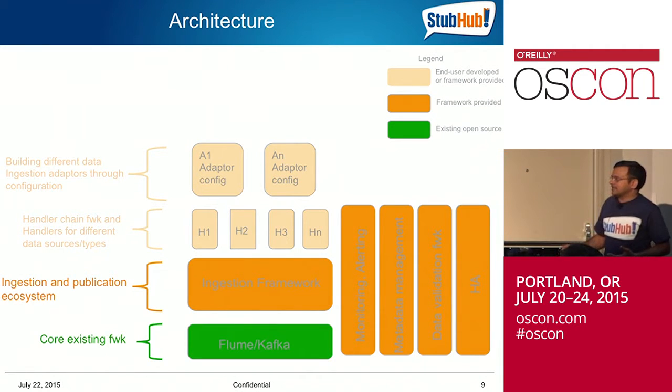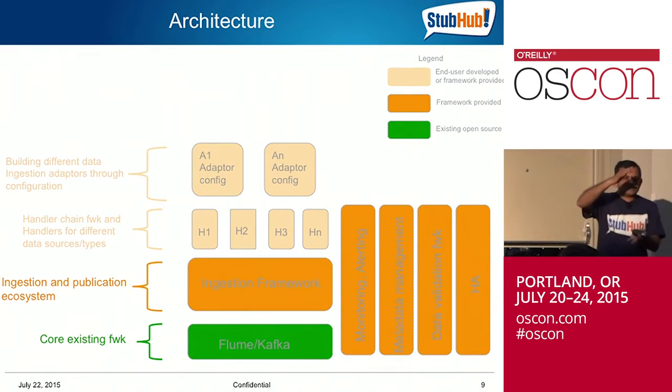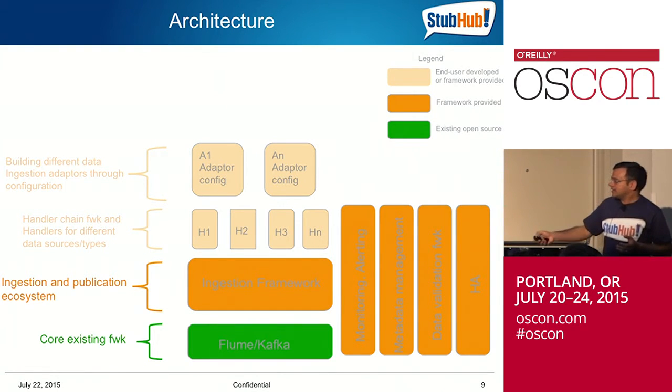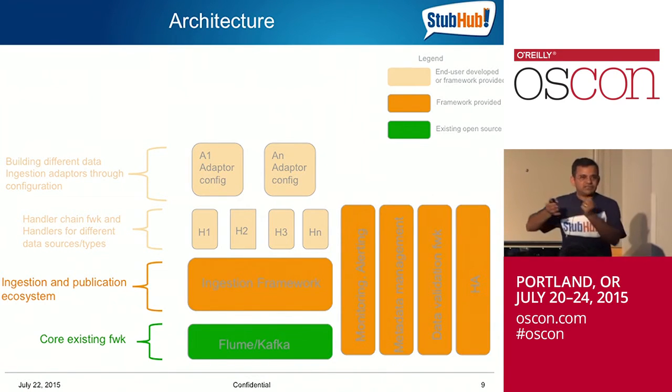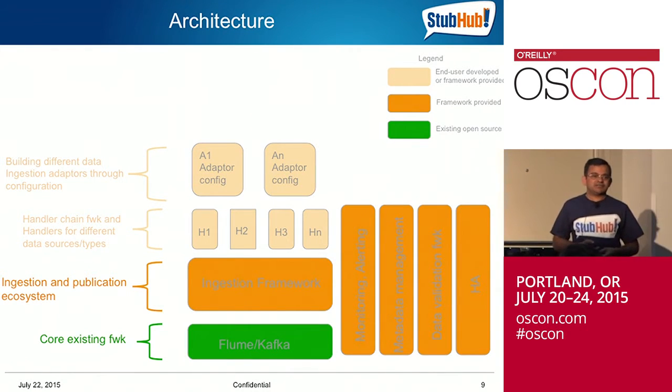Finally, this is the last layer. This is the key piece, what we're calling data adapters. For each type of source and for each type of data format, you write what is called an adapter. An adapter is really nothing but, in this whole system here, just a configuration. You string a bunch of things together, a sequence of source handlers, a sequence of these handlers that I'm talking about. The handlers are of multiple types, source handlers, sink handlers, we'll get into that in a second, and stitch them together without actually having to write any code. That's the whole concept of the adapter, right?